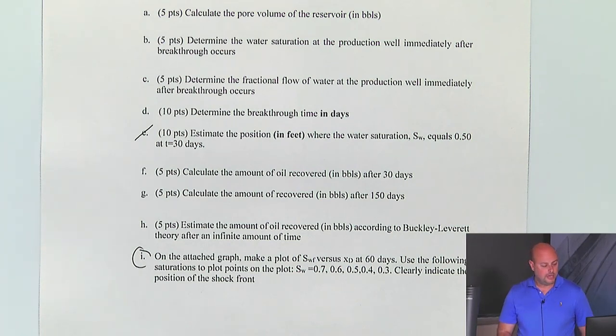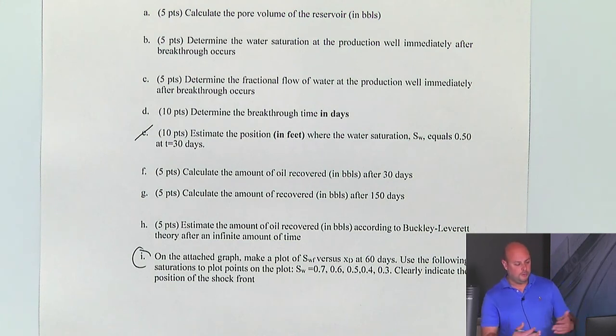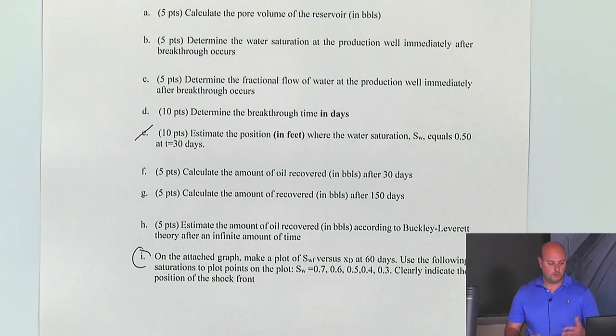Use the following saturations to plot points on the graph: 0.7, 0.6, 0.5, 0.4, and 0.3. Clearly indicate the position of the shock front. If we wanted to make a whole plot, we would do a bunch of these. If I was writing code in Python or Excel, you could just put in a bunch of points, but I've asked you to put 5 here, and then we could just connect the dots to make our plot. Now, why did I choose those saturations? Well, I know that